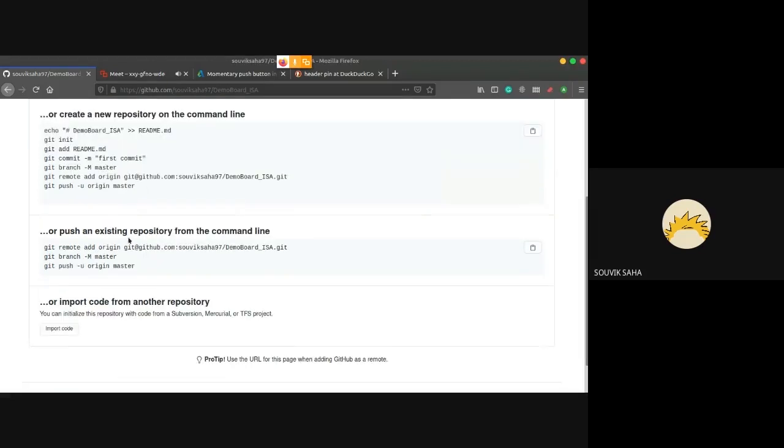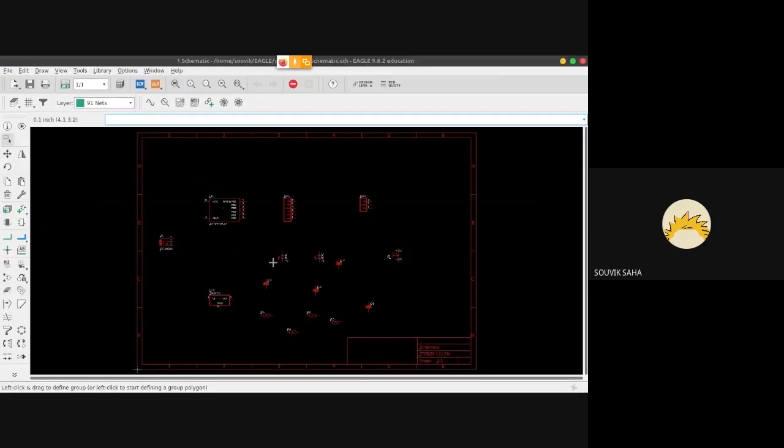Okay, then we'll do these steps later, I guess. So Jatin, can you share that schematic that I shared with you on the group? Yeah, I'll put it on the WhatsApp group. Yeah. So Jatin will share a schematic with you all.